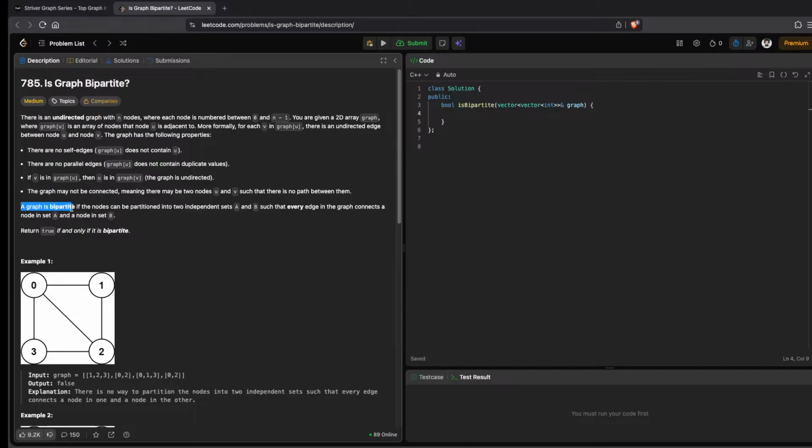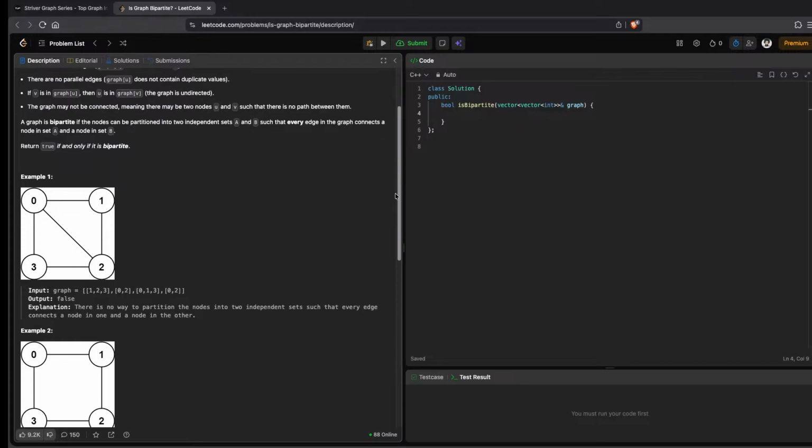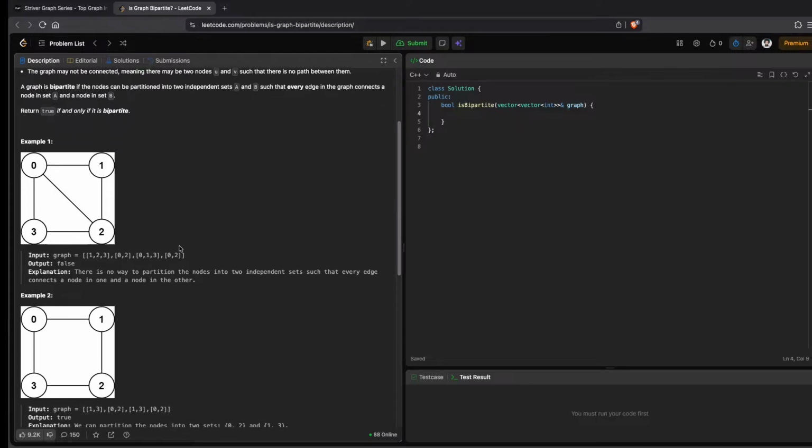A graph is bipartite if the nodes can be partitioned into two independent sets, A and B, such that every edge in the graph connects a node in set A and a node in set B. Return true if and only if it is bipartite. Okay, so what this question is stating is that